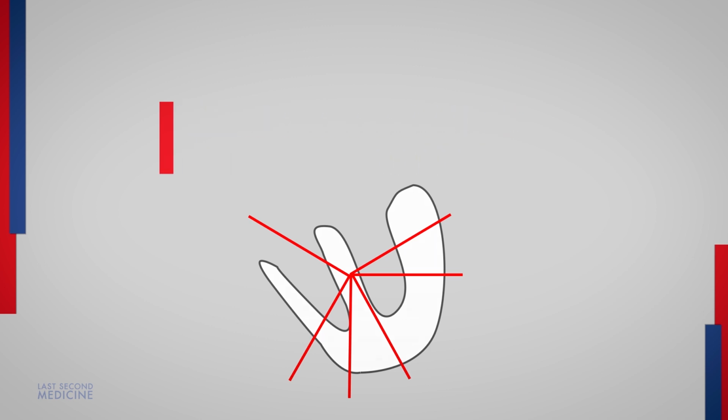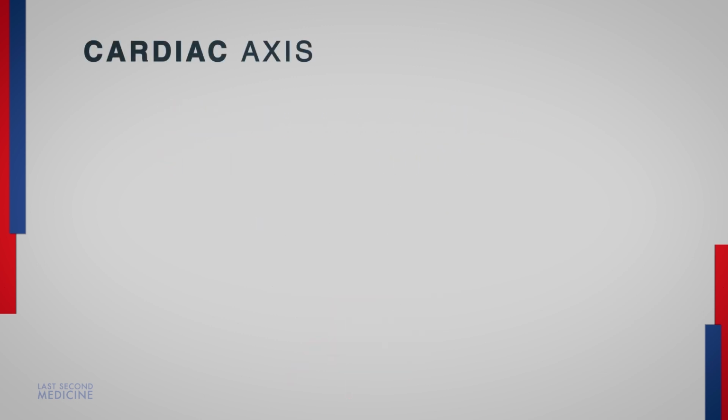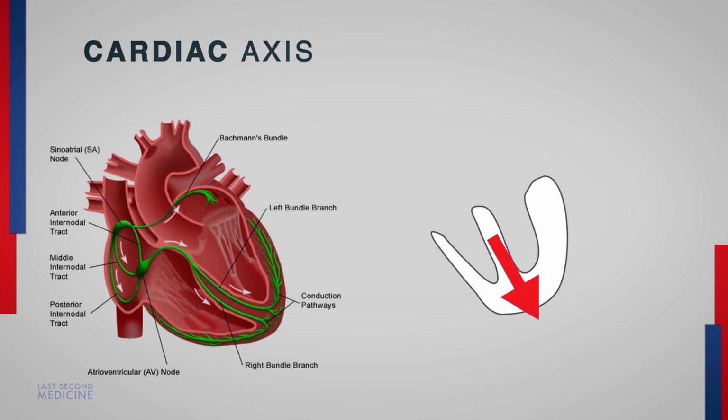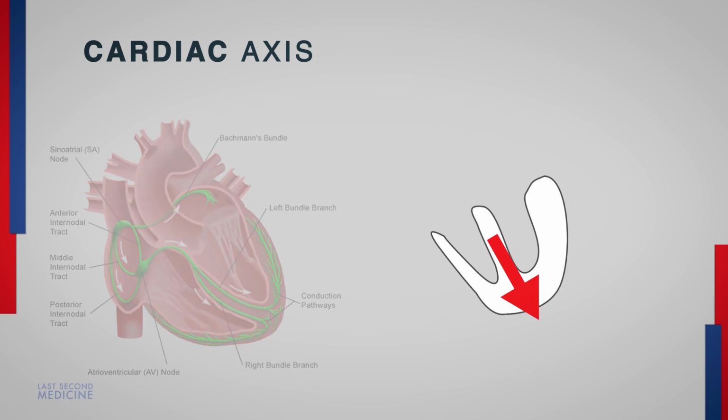But first thing first, what is cardiac axis anyway? Recall the normal current flow during cardiac depolarization. It starts from the SA node, flows down and left through a well-defined path. The cardiac axis is an indicator of the general direction that the wave of depolarization takes as it flows through the heart. If you think just about the general direction of electrical current as it flows through the ventricles, it starts at the top right-hand corner and flows towards the bottom left-hand corner.